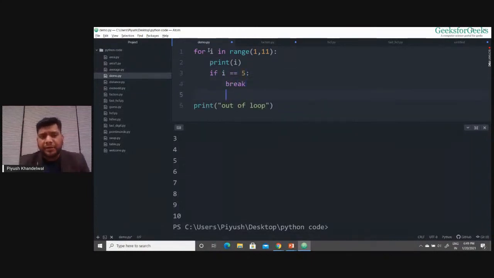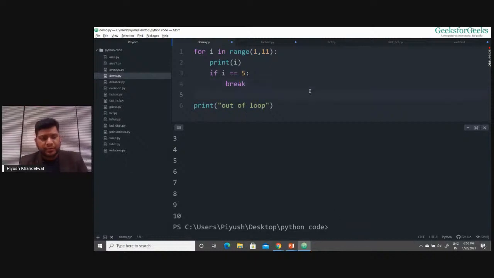What will happen is, this for loop will assign 1 to i, then 2 to i, then 3, 4, 5. When it assigns 5 to i, here in the body, I'm checking if i equals 5. Yes, the value of i will be 5. So I say get out of the loop using this break statement. When this break statement executes, I'll get out of the loop and this statement should be printed. So it should not print any number after 5, right?